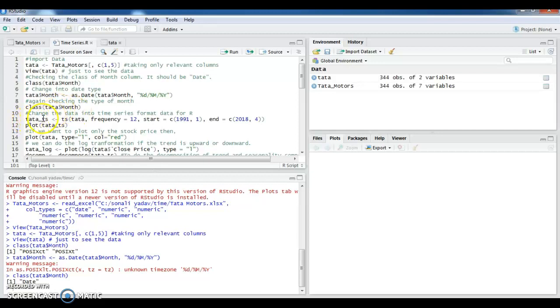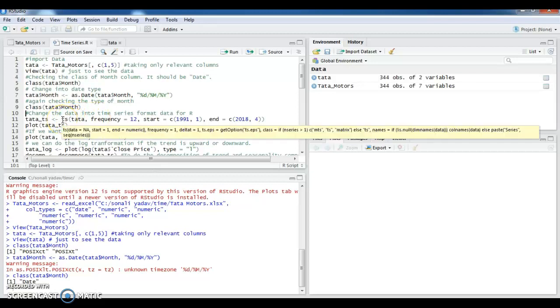You create a new object, Tata underscore ts, which denotes that this Tata is now converted into a time series data type. You can give it any name, but we have given Tata underscore ts, and you assign this command to it. What you do is you start with ts. The moment you write ts, it gives you an entire script how you should proceed with it.